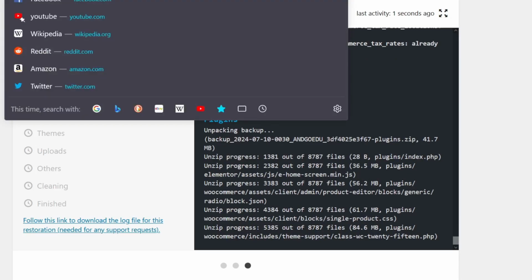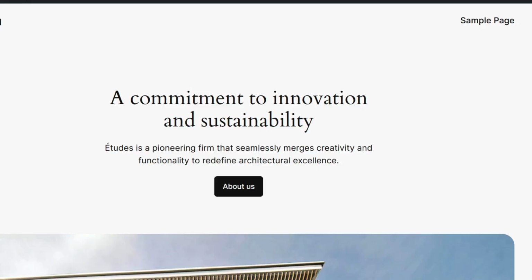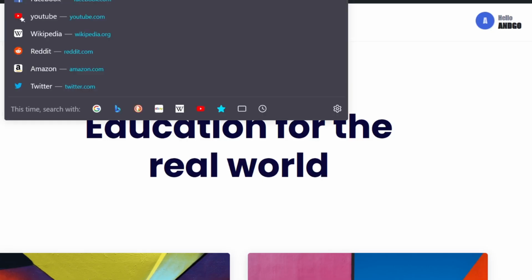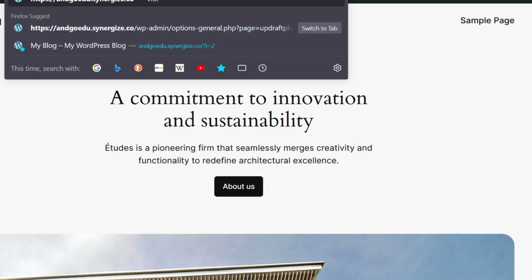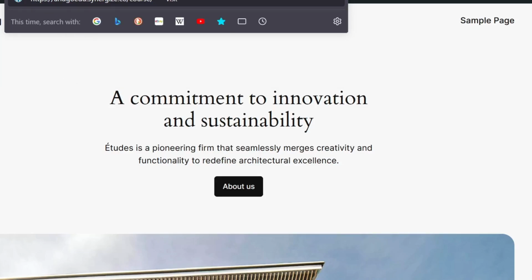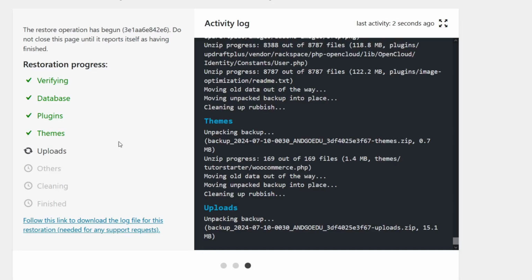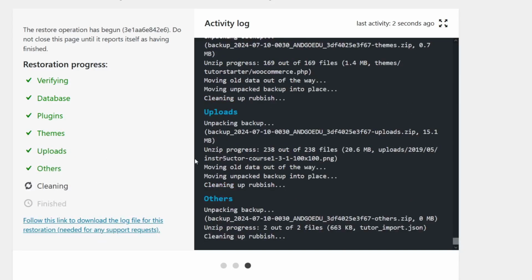So after this is done, if I go into the same domain and then courses, for example, this should bring up to me the same page over here. Okay, so I'm just gonna leave it a little while to finish. As you can see, it's cleaning. This is the step where it's basically just cleaning up some rubbish,